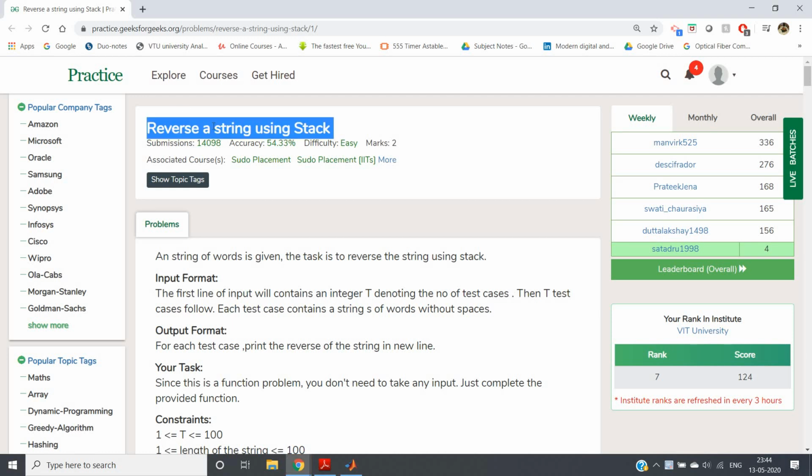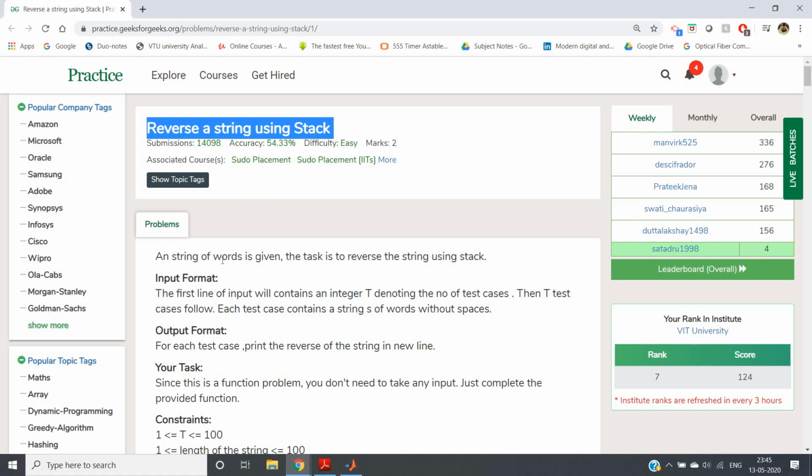stack. We have seen that if we want to reverse a particular sequence of elements, that may be characters, integers, float numbers, using stack, first we should push all the elements one by one in this stack, and then we will apply the pop operation. Due to the LIFO property, that is last in first out, or first in last out, if we store the popped elements in a particular data structure, we will be getting the reversed version of our input.